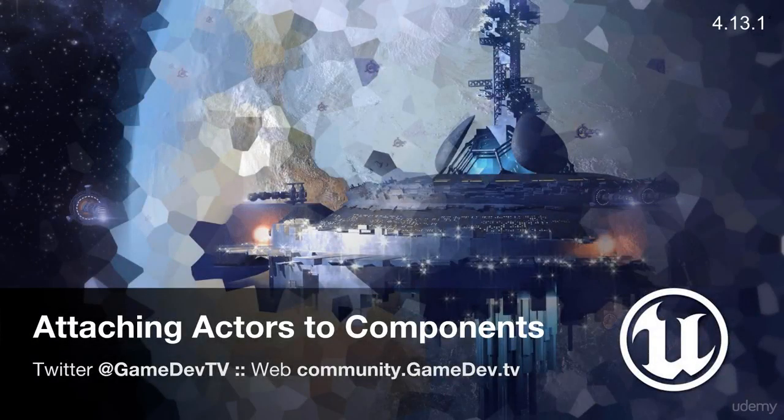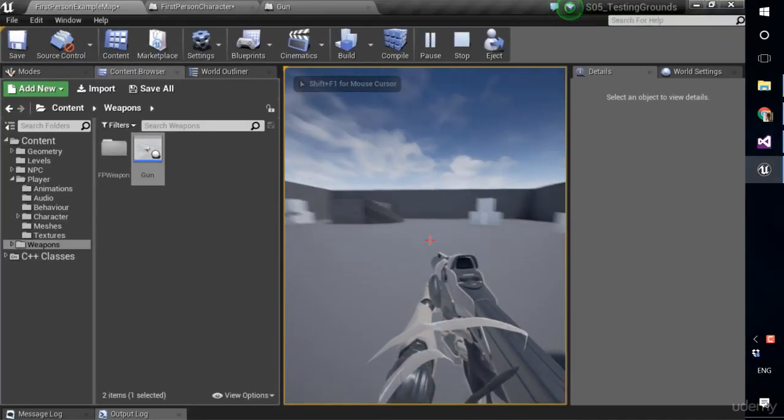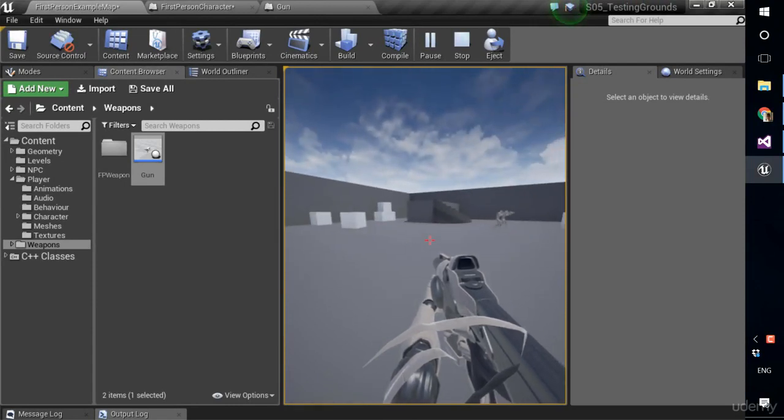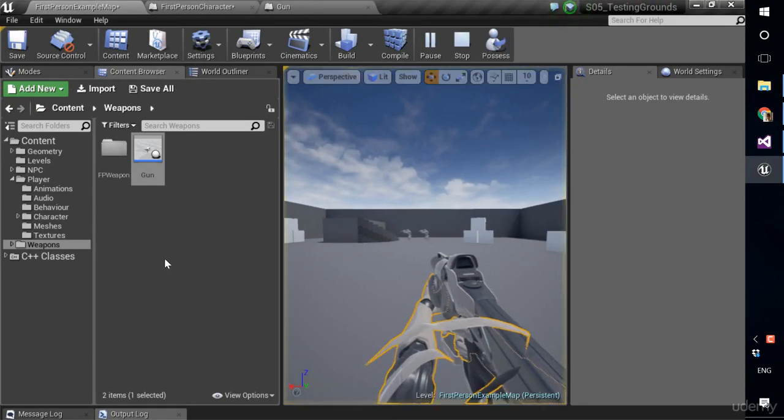Welcome to attaching actors to components. In this video, we're going to do what it says on the tin. We're going to spawn an actor and have it attached to the grip socket that we have on our first person character. So basically what we've got here is a setup that if I eject and have a little look at it,